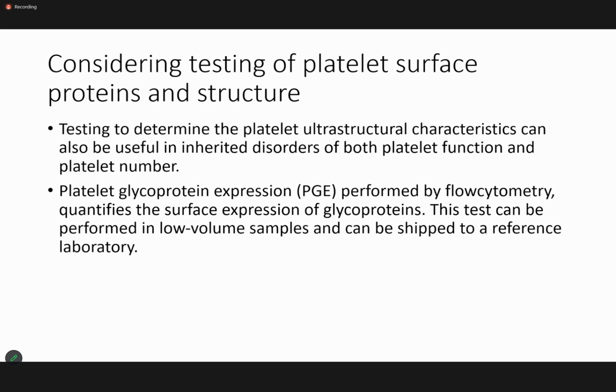Considering testing on platelet surface protein and structure, basically testing is to determine the platelet structural characteristic can be useful in inherited disorder of both platelet function and platelet number. Platelet glycoprotein expression is performed by flow cytometry, to quantify the surface expression of the glycoprotein. And this test can be performed in low volume sample and can be